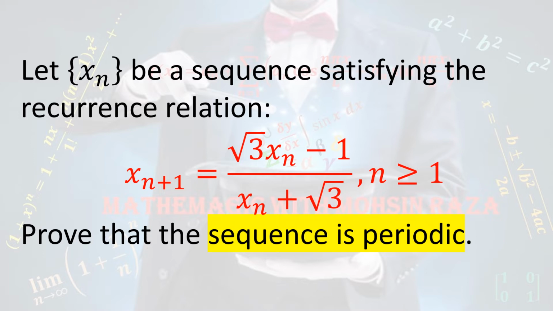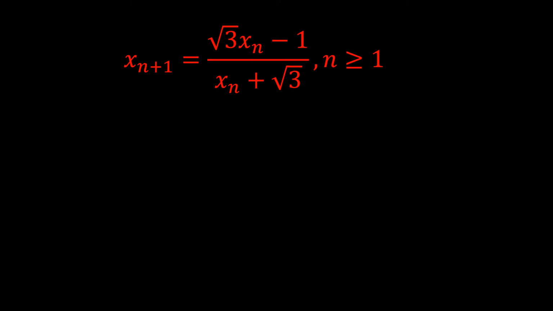So let's see how to tackle such kinds of questions that come up in a mathematical olympiad, and what it means to prove the sequence is periodic. First of all, I will recall the definition of a periodic function. If we have a function f(x), and we can find a number p greater than 0, the smallest such number, such that f(x + p) = f(x), then